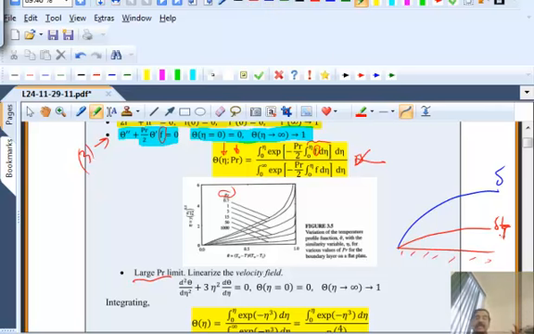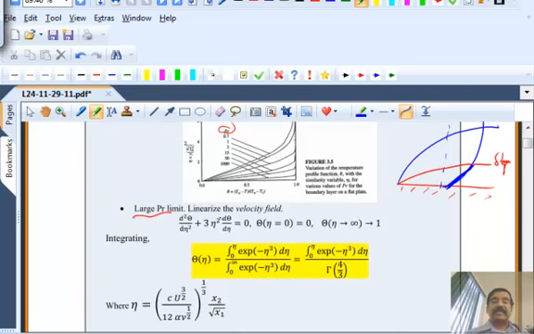So the thermal boundary layer is much smaller than the momentum boundary layer. So the velocity field is going to look something like this. But because the thermal boundary layer is small, we are going to approximate the velocity boundary layer by linearization. Okay? And when you do that, we saw in the last class that the thermal boundary layer equation now becomes